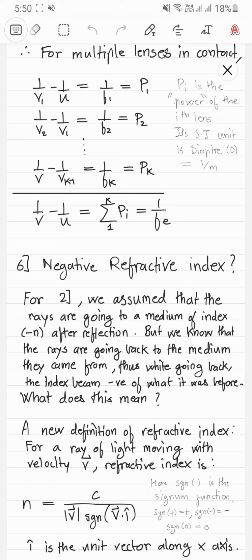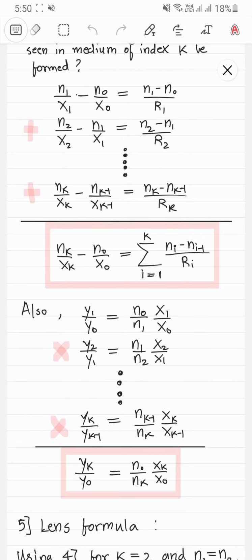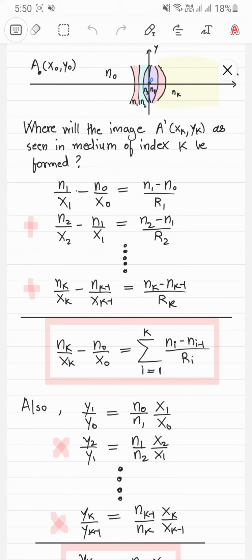so you can keep on adding more terms to your right hand side equation, right? You can keep on adding more things into it, and finally you will get your equation. So the final refractive index, which might be negative if you are actually going back, but then there might be two mirrors and now you are going to the front somehow. Anyway, the final refractive index could be positive or negative, upon the x coordinate of the image, minus the initial refractive index, which is going to be positive